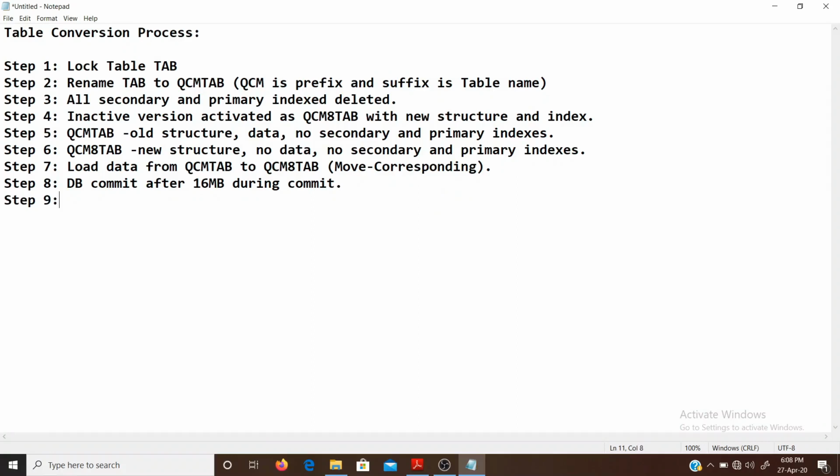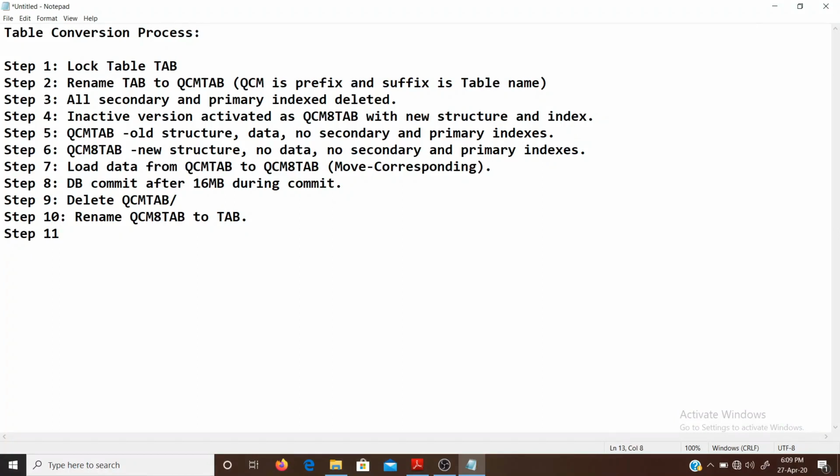Step number 9. Delete the old table, which was Calcium tab. Step number 10. Rename the new table, which was Calcium 8 tab, to tab.